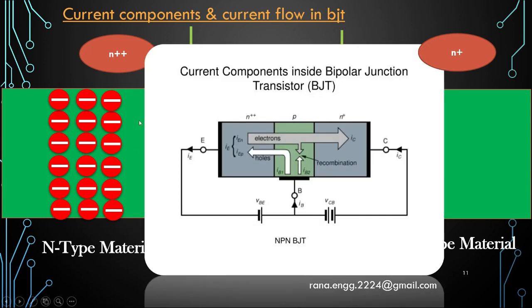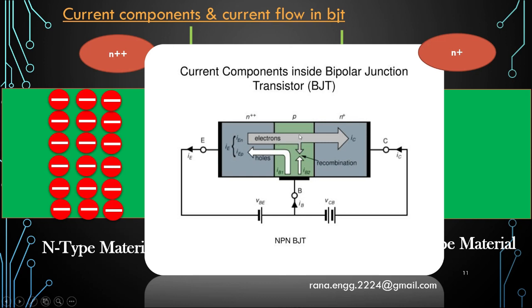This particular movement in animation is fine for understanding, while for representation in examination we have to use the direction. So here we can see we have an NPN transistor. The left side emitter is highly doped, so it is shown as N++. The right side is a little less doped, so it is N+. The middle part is holes, and it is a narrow part. We have the input and output. Now you can see the base is common between input and output. So which configuration is it? It is the common base configuration.